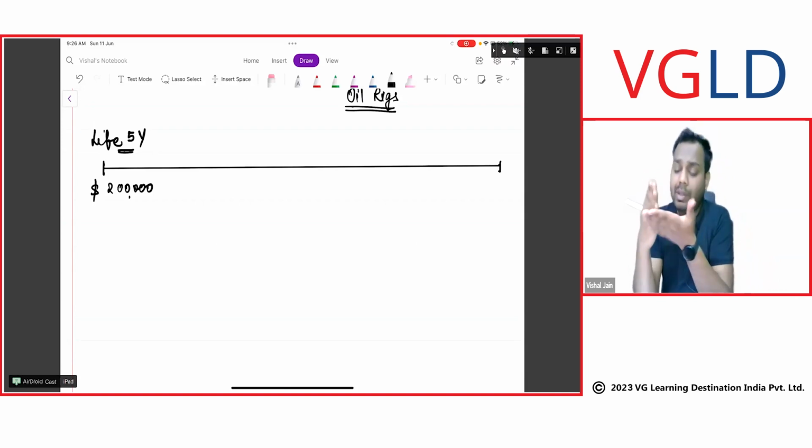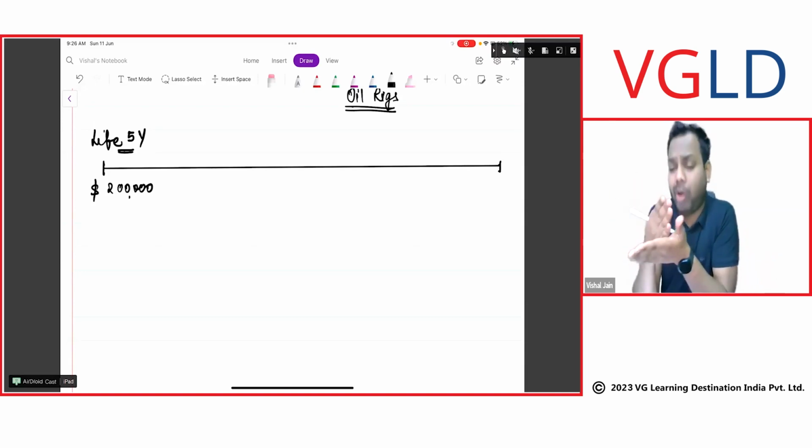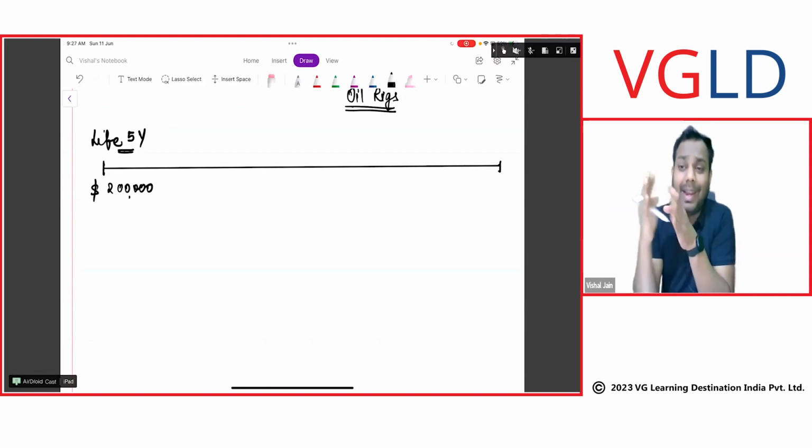It is because of these decommissioning, restoration or removal liabilities, because of these costs, that the oil rig can be installed, and since the oil rig can be installed, only then will the future economic benefits flow. So it means that decommissioning, restoration or removal costs indirectly help the oil rig in generating the future economic benefits, and hence they should be capitalized with the cost of the asset. This is the first point.